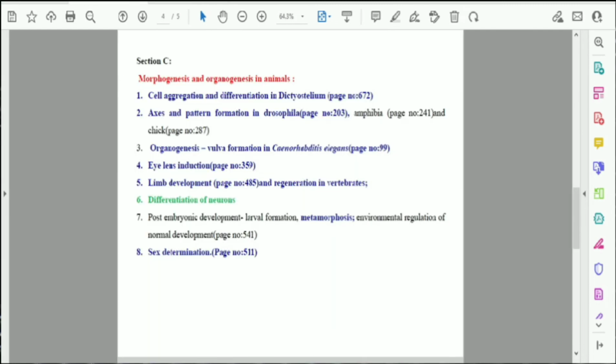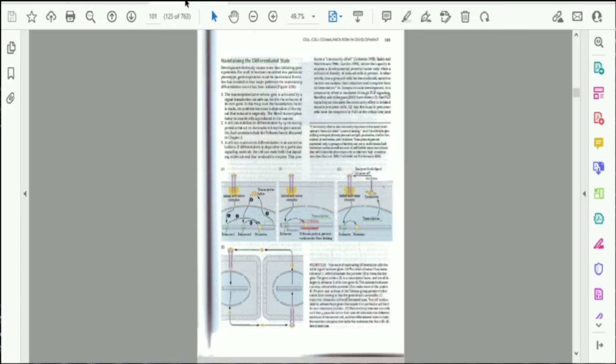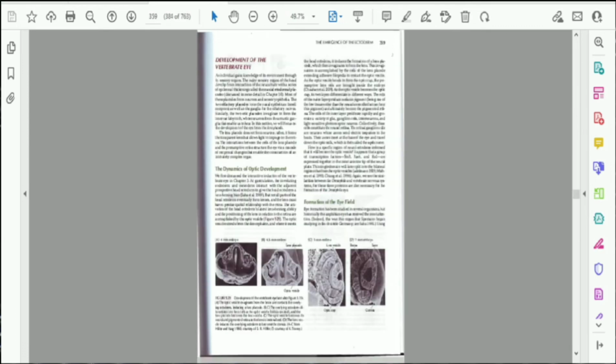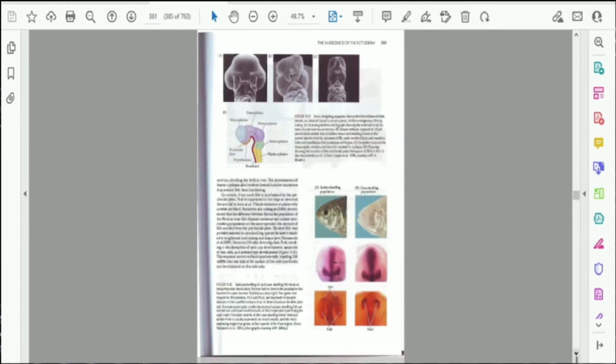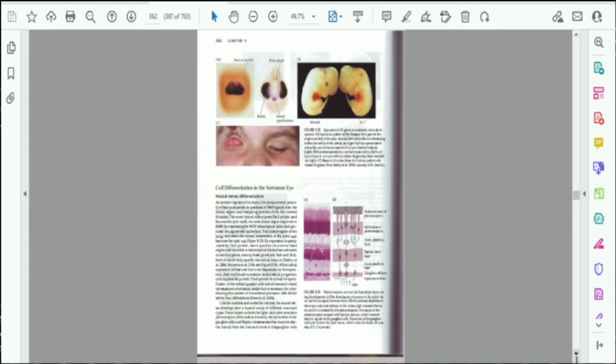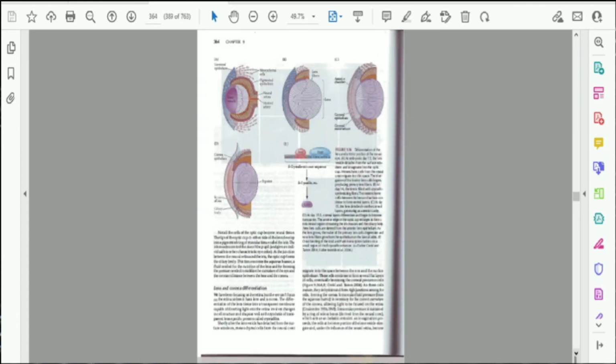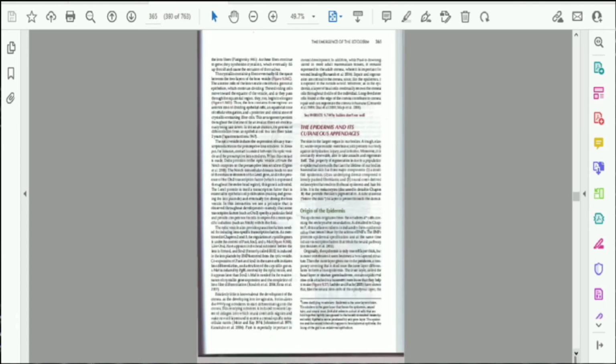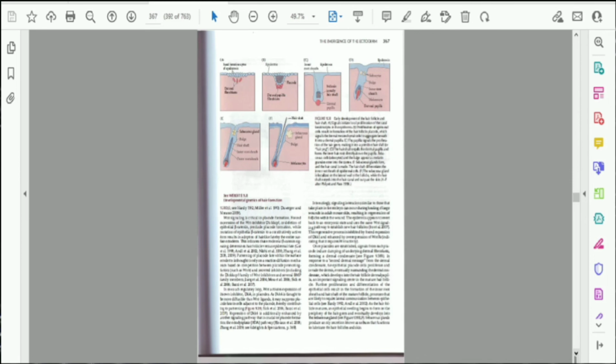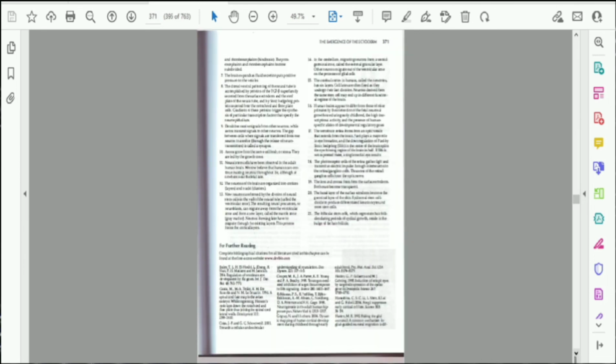Next thing is lens induction, which is also very important. Don't think I'm saying everything is important. These are asked in various different years. I'm just mentioning only these pages because some students will find it difficult. They are given 763 pages, and how can I complete 763 pages in 1 week or 10 days? So for those students, I'm just giving hints on how I studied. The lens induction is given. No need to study neural retina differentiation. It has not been asked, and no question will be asked from it. Lens induction is important. You can leave these other things.